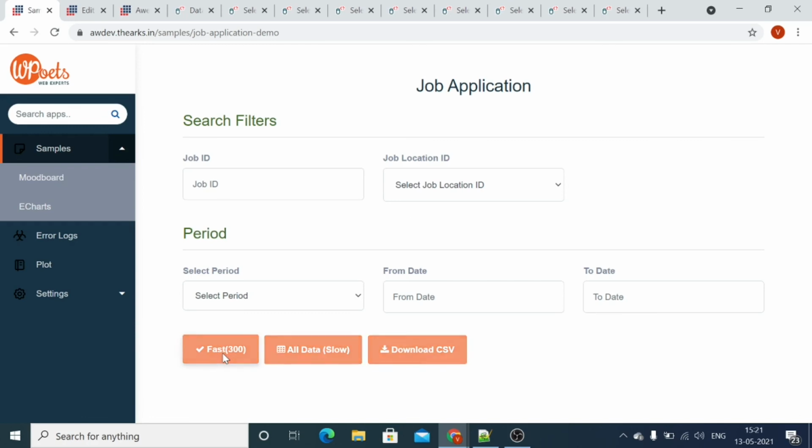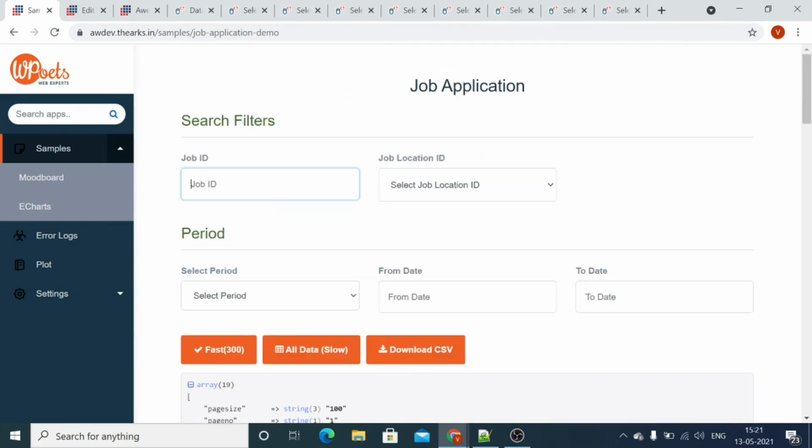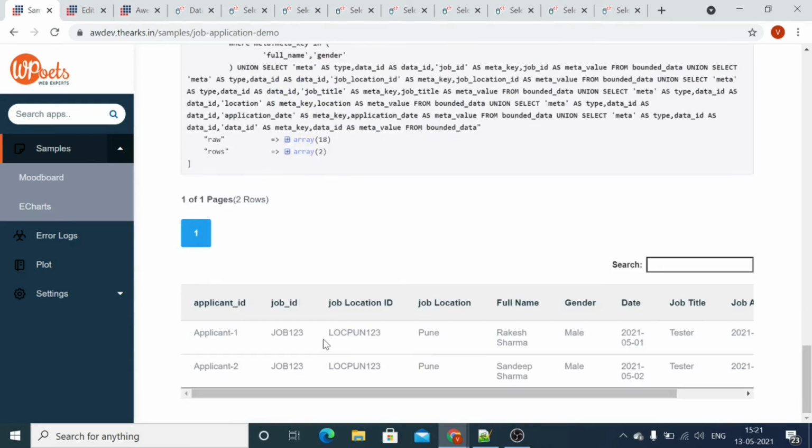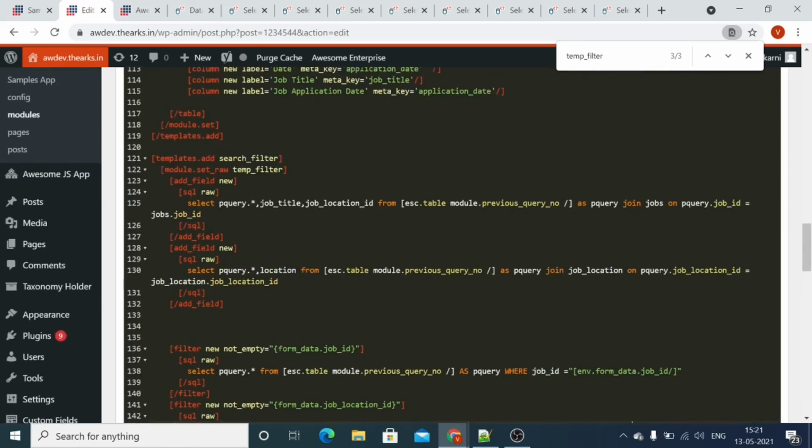Now you can see only two records are available for this job ID. So this is how the filter works.